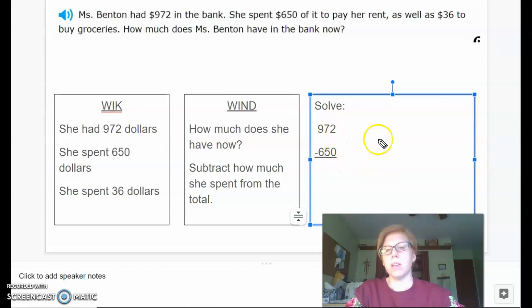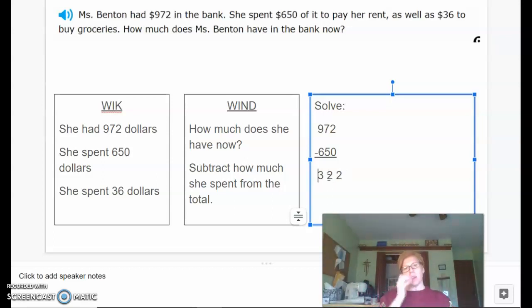Start in the ones place. 2 take away 0 is what? 2. 7 take away 5 is 2. And 9 take away 6 is 3. So let me move this so it lines up. There we go. Now we know that when Mrs. Benton spent $650 on her rent, she ended up with $322. But she also did something else. She went grocery shopping and she spent $36. So I'm just going to subtract